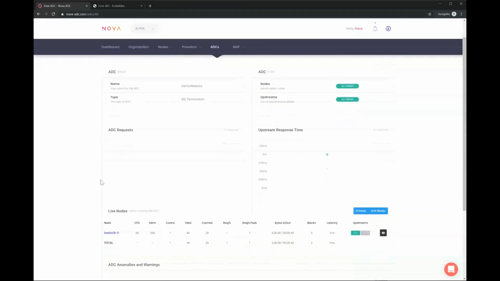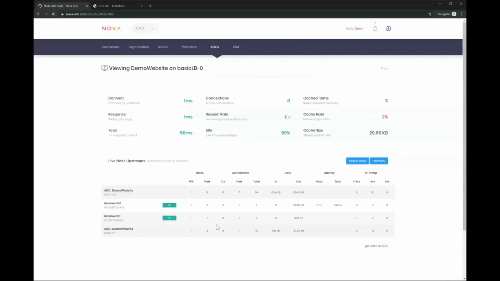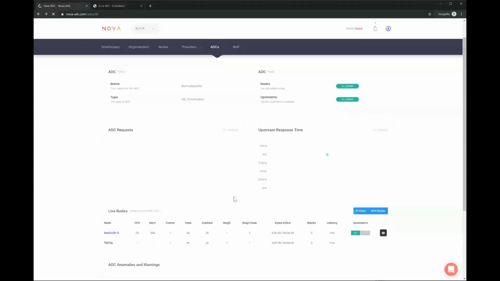And if we come in here, we'll start to see the request rate go up, right? So here we've got a peak request rate now of 7. And as the scanner ramps up, we'll see more and more of that, and we'll see more blocks and more denies, and so on. So here we've got 10 blocks now. It's starting to pick up that it's blocking traffic, right? 13 blocks, and so on. And we can watch that as it goes.